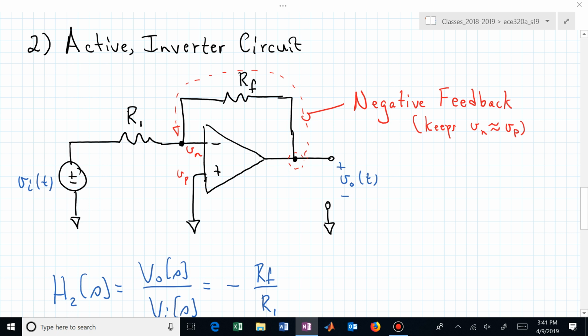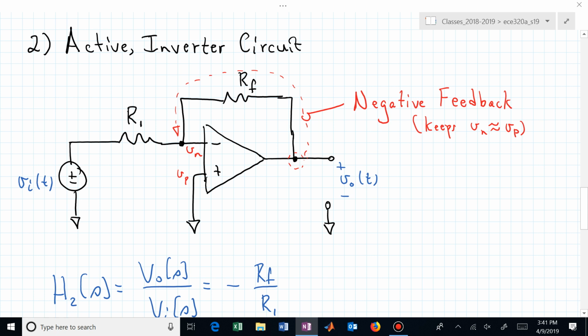And there's a couple of other things going on here just by the way it's configured. We are now actually applying feedback in this circuit. We're measuring the output voltage V sub 0 and we're feeding that back through this feedback resistor R sub F, and we're connecting it to the inverting terminal. That's now negative feedback. If we have V sub 0 getting big, now that gets applied as like a negative at the input, so it's kind of moving in the opposite direction to how you're applying the input,